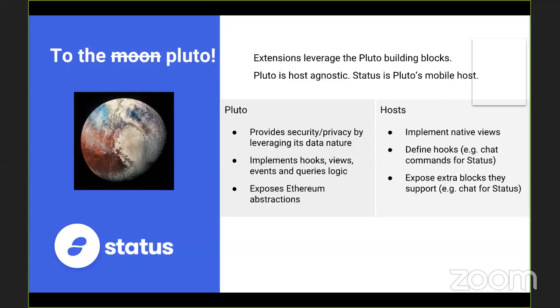And then eventually each host can have specific capacities. Like for instance, Status has access to chat, and so the chat features will be available as events, for instance. And this depends on each host. So I will go through those concepts in just a bit more detail, but not very technical, so it should be fine.